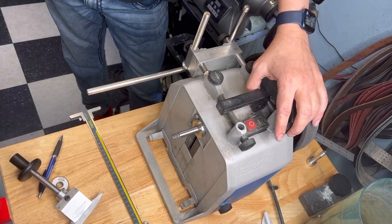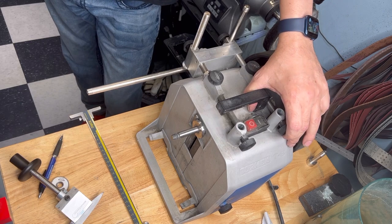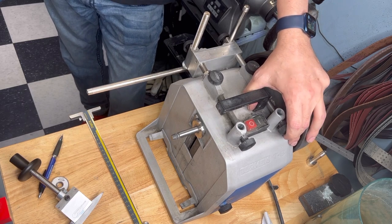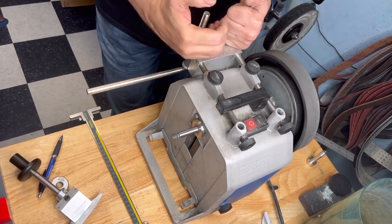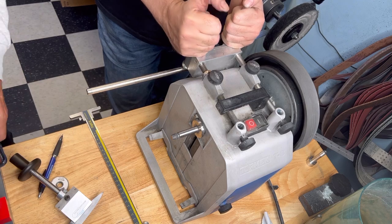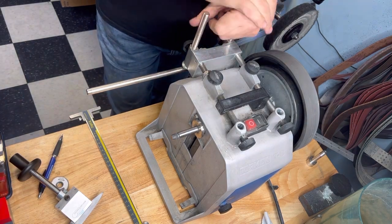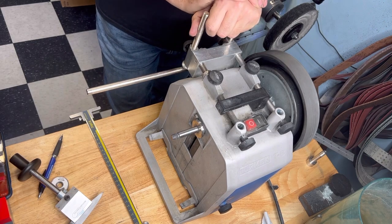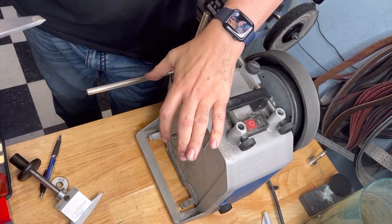Okay, we're going to show how to use the universal version of your software. I have a front adapter here that I'm not sure has the same measures as yours. Because of that, you created a universal version where you can put in any values. So you told me that the first thing we have to do is measure from the center of